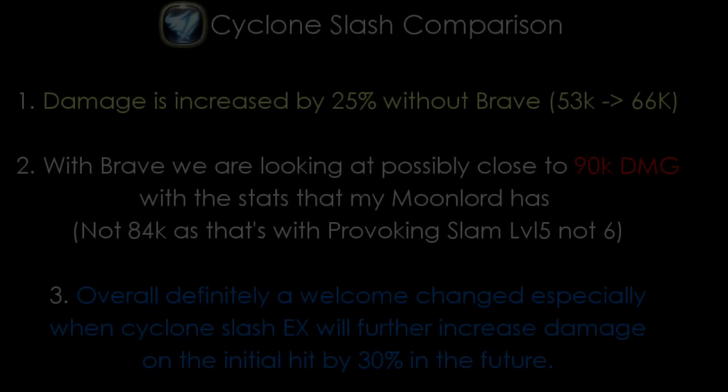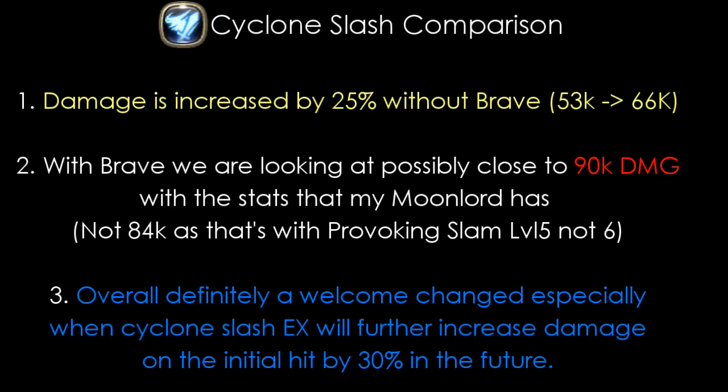So the damage increase is definitely significant here, around 30,000 damage if used with Brave, and could be even higher with Provoking Slam level 6. Overall, it's definitely a welcome change for Moonlords, as reading forum threads, many veteran Moonlords actually find Cyclone Slash not worth leveling at all. For now, I'll say it's definitely worth it if you're a pure PvE Magic Moonlord build,